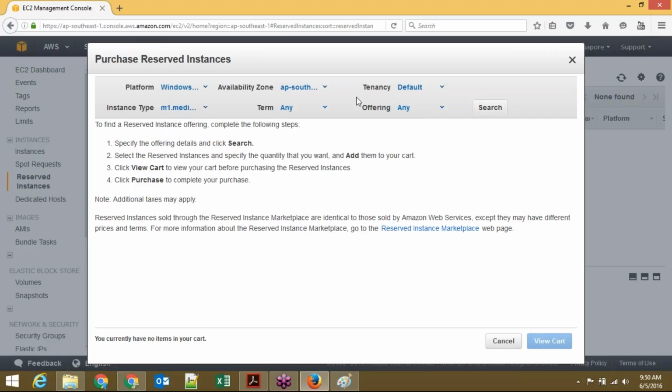M1 medium, and term, how many years you want, either 1 year or maybe three years. So we have only 2 options, 1 year and 3 years, meaning the max you can reserve an instance for is 3 years. Let's say I will go for 3 years, and then the offerings, we'll discuss what is this no upfront and